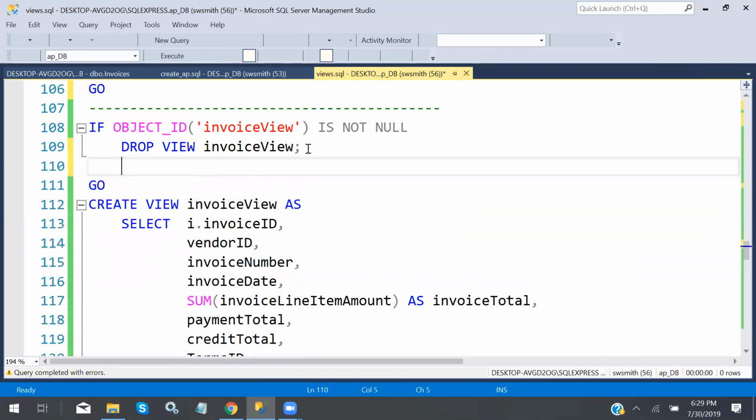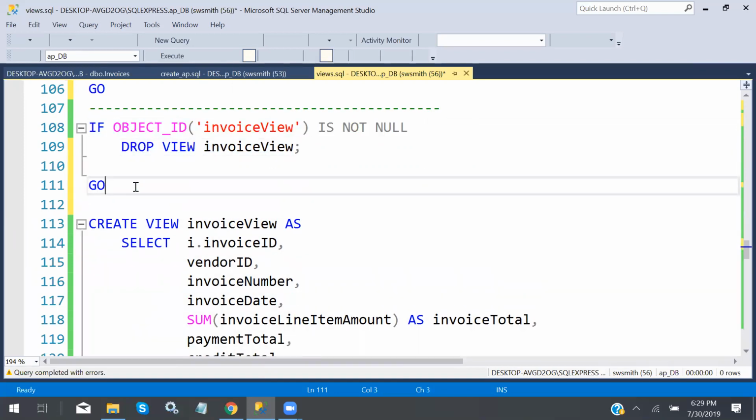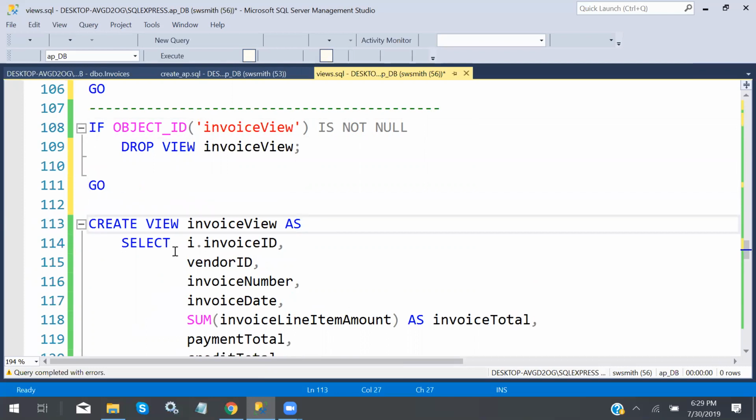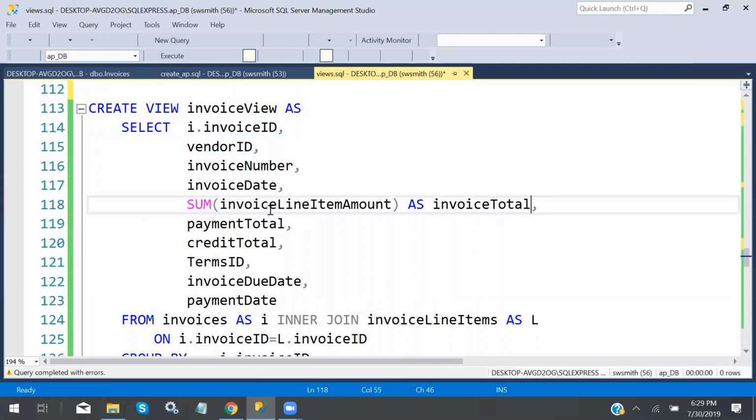So I'm going to create a view. As good practice, I check to see if the view exists. If it does exist, I'm going to drop it, and then I'm going to recreate it. And as I must, I have my go. Create view. Select the usual stuff, except one thing that I'm going to change here. I'm going to select the sum of the invoice line item amount as invoice total, and then the rest of them. I'm going to have to join the invoices, inner join invoice line items